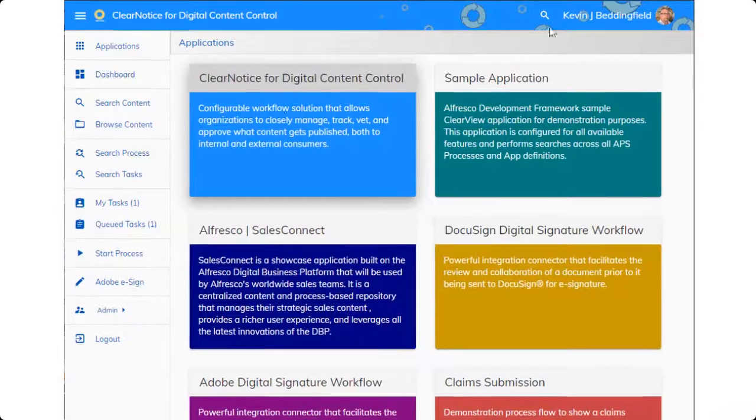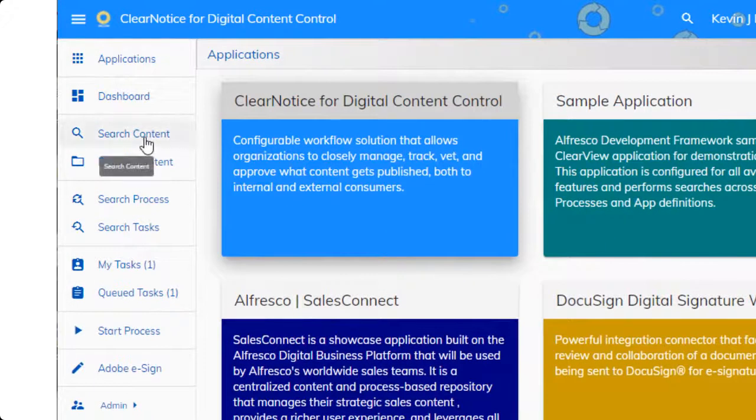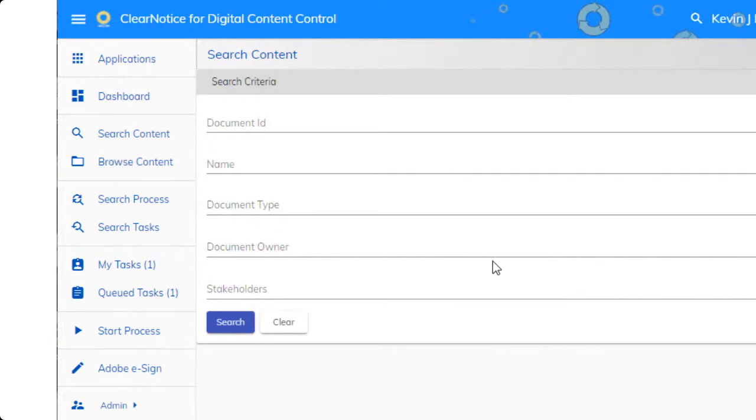So taking a look at our expanded content search, users can search for content within ClearView by clicking on the Search Content menu item in the navigation bar. They will be presented with a form with specific search fields. Now, these fields are part of the ClearView configuration, so no code is required to change or add new search